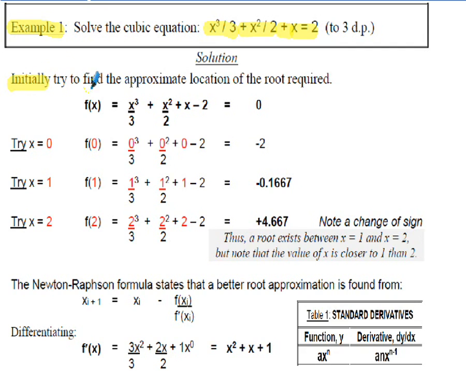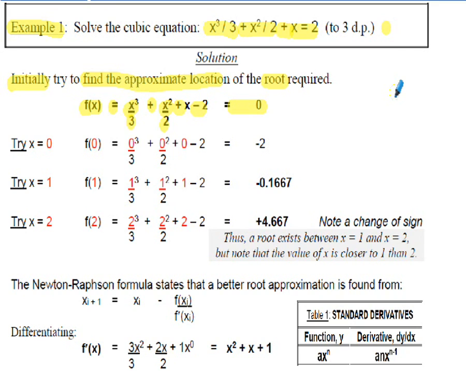So initially then, to try and find the approximate location of a root, we're going to use the equation above in example 1 and write it in functional notation. So a function of x is equal to x to the 3 divided by 3 plus x to the 2 divided by 2 plus x minus 2 is equal to 0. Essentially what I've done there is take 2 from both sides of the equation, given example 1, to equate it